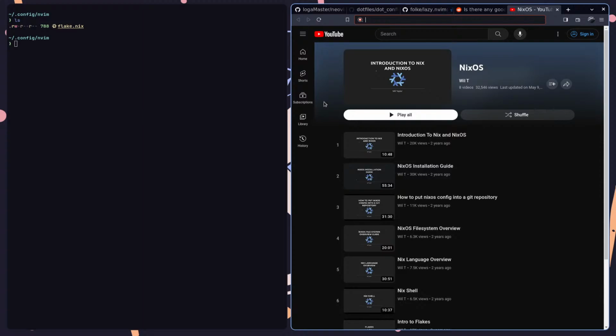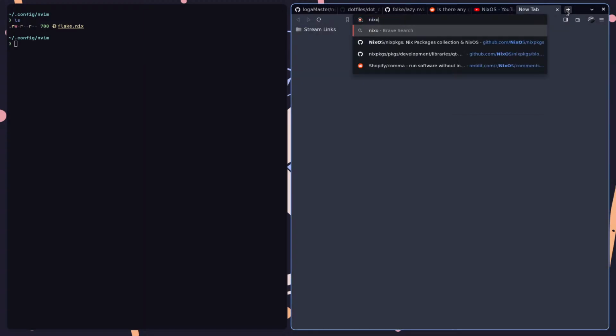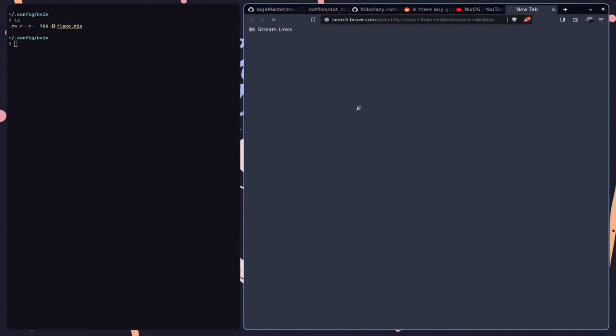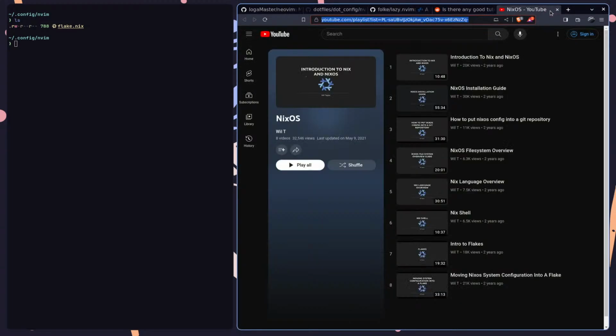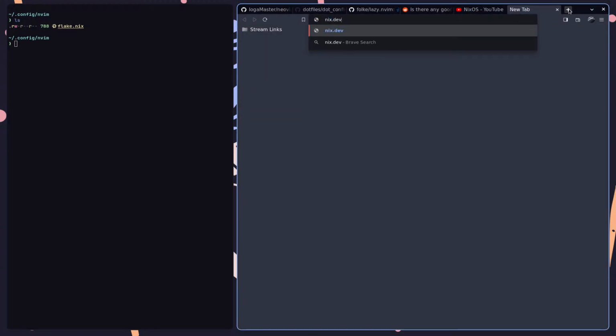You're not able to customize with the graphical installer unless you use, you know, NixOS, what is it? Flake editor. I think there's one that does that on there. I forget where it is. This is also a pretty good thing too. I can drop that if you want. Yeah, I think, what is it? Nix.dev, which I never used. All these things I found after I didn't need them anymore, which is unfortunate, but